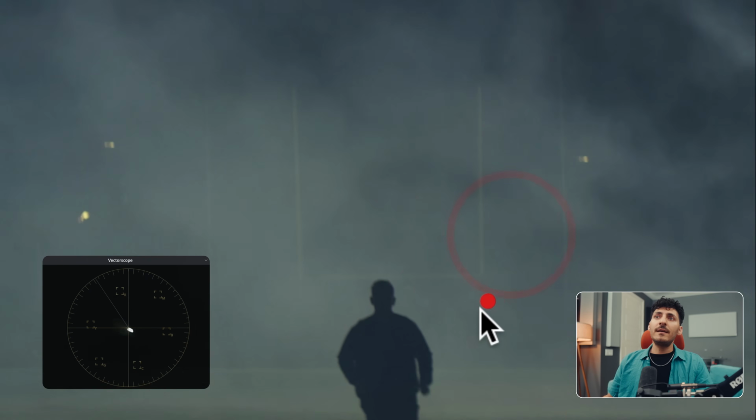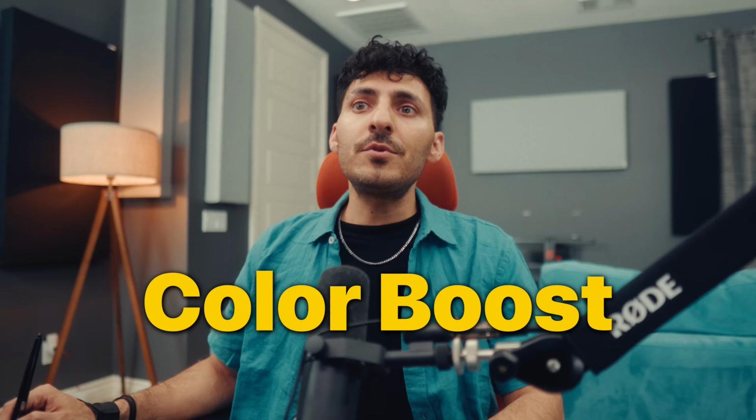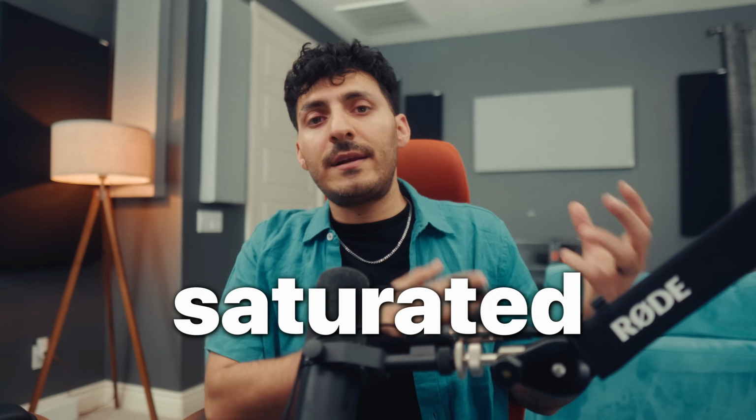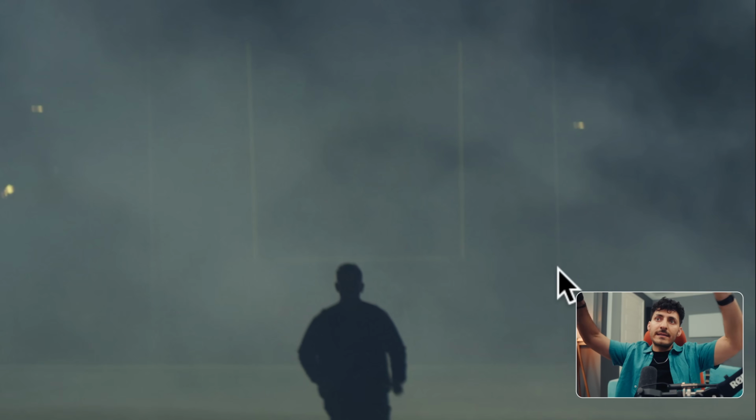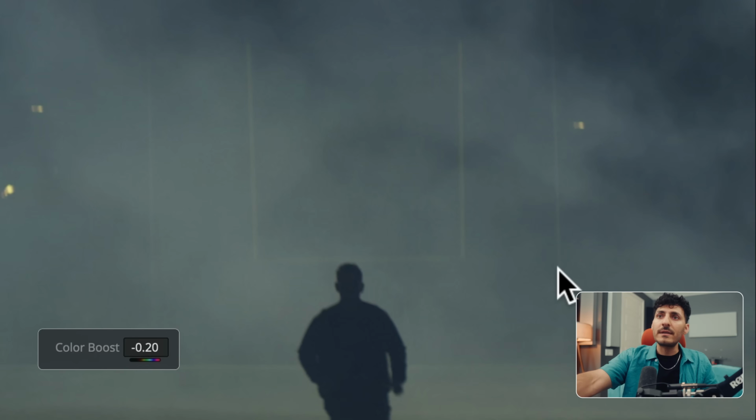We did learn that color boost affects the lowest saturated areas, and the smoke and the clouds are on the lower side of that spectrum, saturation wise. So instead of boosting saturation, how about we inverse it? We subtract that color boost and we actually make the smoke cleaner. So if I just start moving it back to something like that, and then I come out,